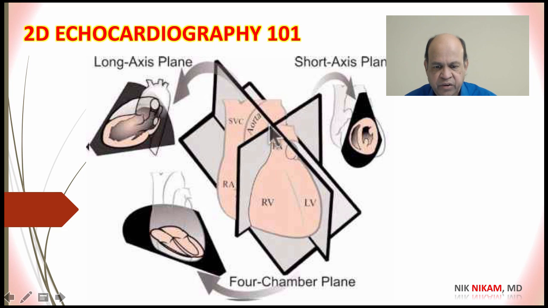Then the transducer is turned 90 degrees to the parasternal long axis to give the short axis view, and this short axis view is fanned from the base of the heart towards the apex in multiple sections. And finally, we put the probe at the left ventricular apex, and it is rotated so that we can get 2 chamber, 4 chamber, or 5 chamber views. So these are the three basic planes in which the ultrasound is recorded,